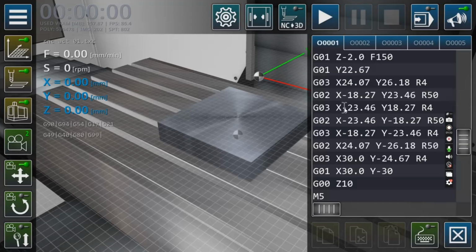And to our position 5, the G03 X negative 23.46 Y 18.27 R4, the small rounded corner. And to our position 6, we have the G02 X negative 23.46 Y negative 18.50 R50. It is also a left big curve downward. And to our position 7,